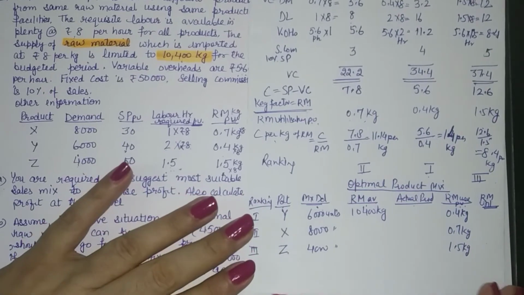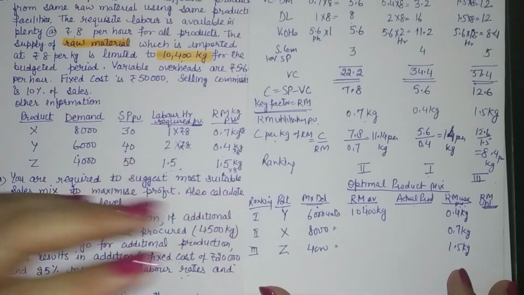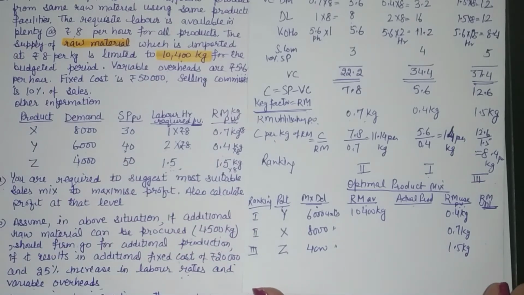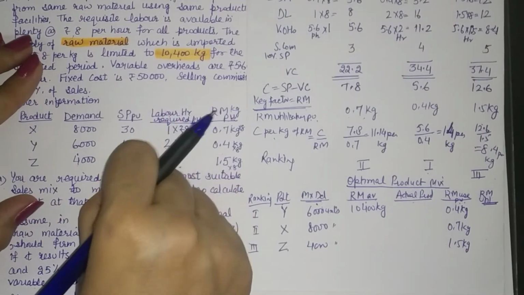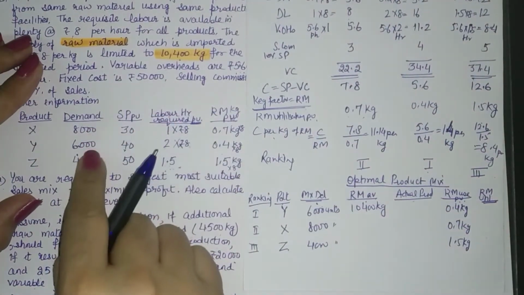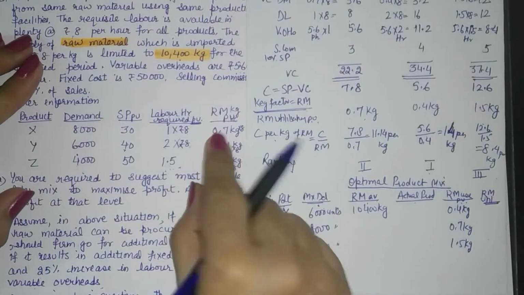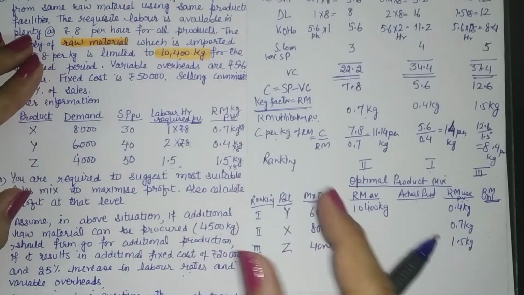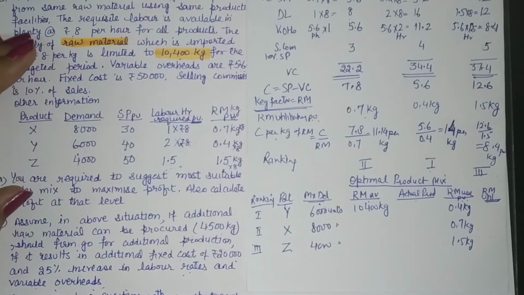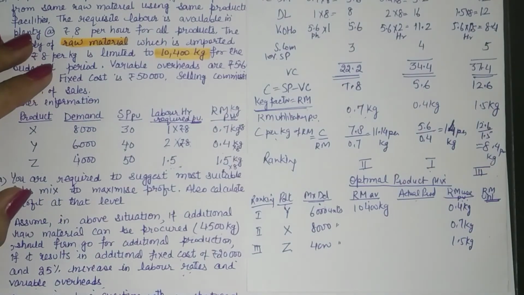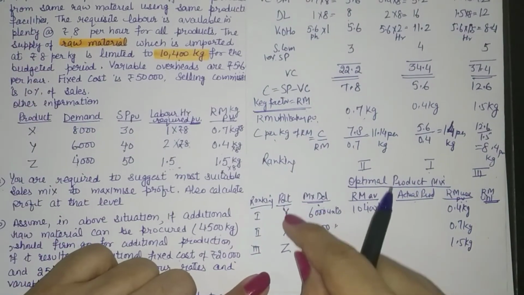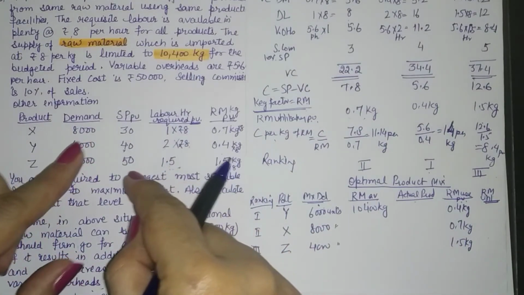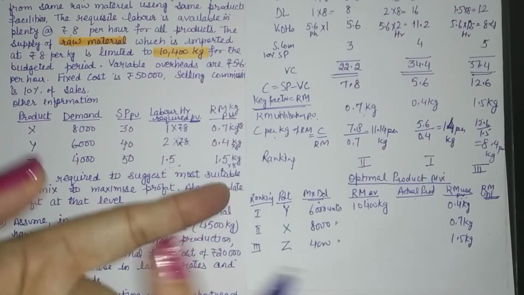Now when we are making this table, we have to be extra cautious, because usually when we fill in the information, habitually we pick up the information in the given order and we record it. 8, 6 and 4 we will record it, right? We have this habit of just recording the amount from the table as it is. But remember, this is a product mix table which is based on ranking. It means you are not writing products in the given order. You are not writing it X, Y, Z, A, B, C.